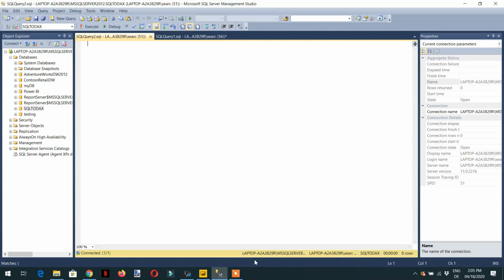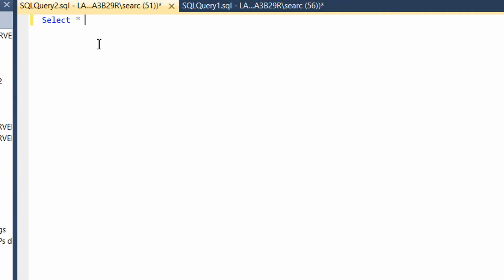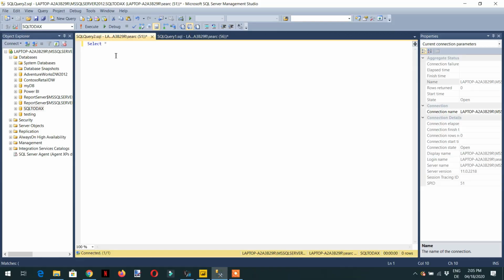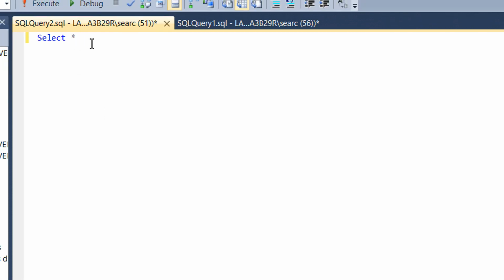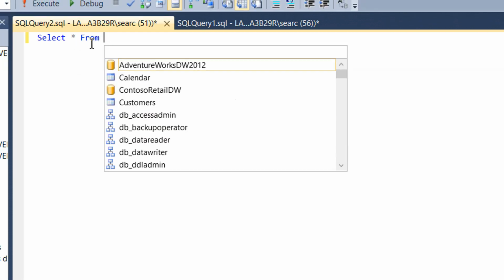In today's lecture, we will learn about how to get top N results in SQL and in DAX. So let's write one query. We need to get top 10 products order by sales. Select star from products